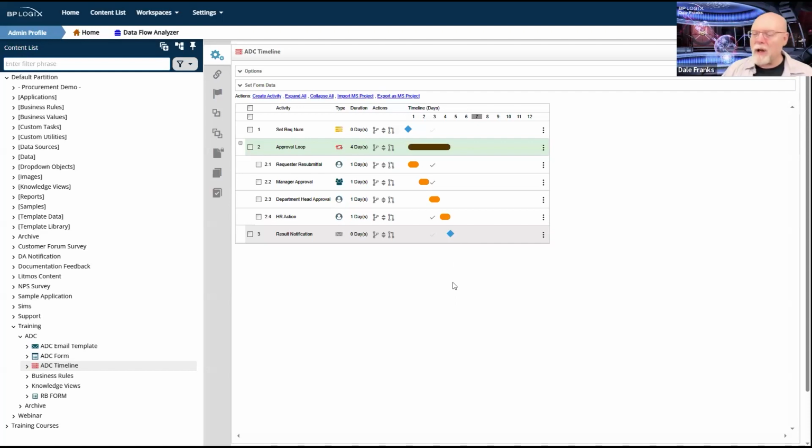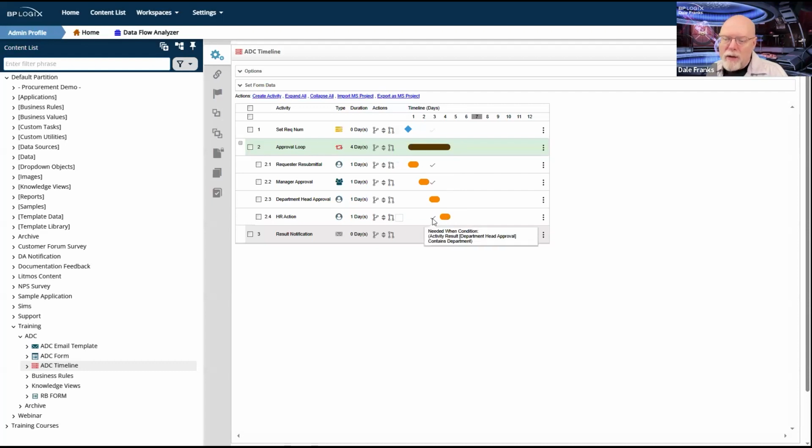Also, I want you to note what this is dependent on. This activity is dependent on the approval loop parent activity. Remember, parent activities, whenever they start, automatically start their first child activity, which in this case is request a resubmittal, which obviously gets skipped and it goes straight to manager approval. And parent activities end automatically when their last child activity ends.